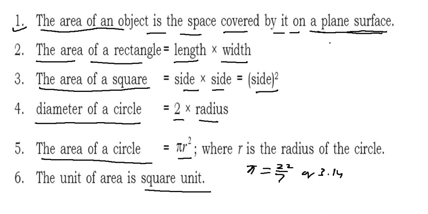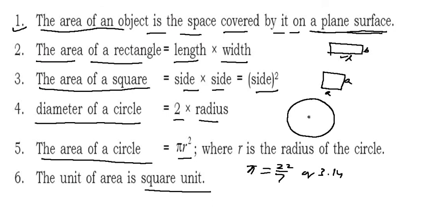So the rectangle looks like this. This one is the length and this is the breadth, so you can say L and B. A square has all sides equal, so it is represented by small a. And this one is a circle. This is the center and this is the radius, denoted by small r. So it is OA, this one is your radius. So let us start the exercise.